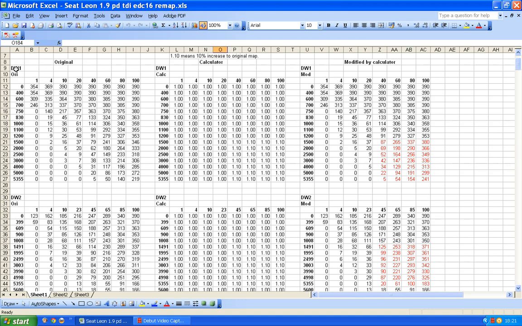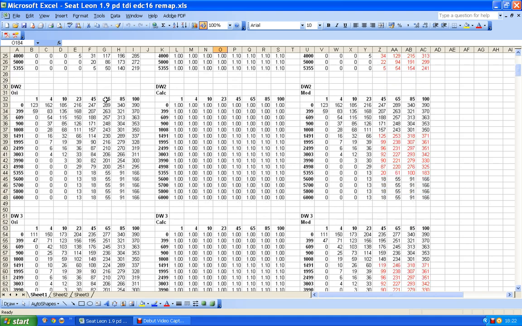But perhaps more importantly, this first one, which I'm just going to call drivers wish 1 for now, looks like a typical drivers wish map that you might find in many files. It runs with revs per minute from 0 to 5355, which is a fairly typical figure you find with Bosch, and effectively 0 to 100%, although the first column there is 1 to 100%. But this is pretty much a typical map that you would expect to see.